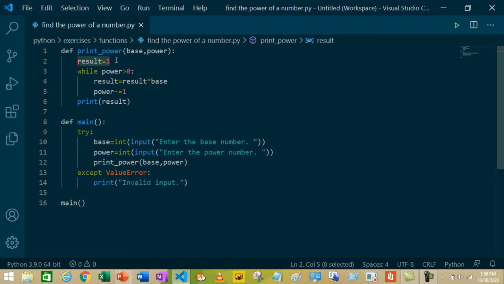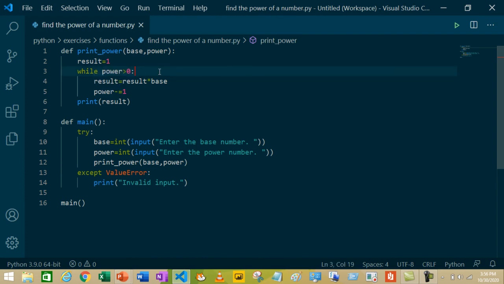First, we are creating a variable called result and assigning the value 1 to it. We are using the result variable to store the result. Next, we are using the while loop to get the result: while power greater than 0.